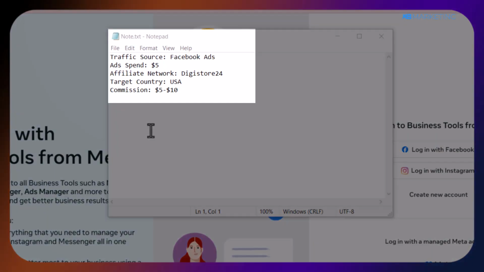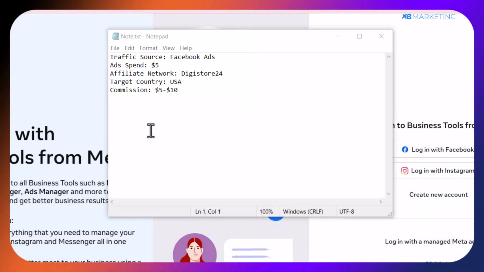As you can see right here, the traffic source I'm going to be using is Facebook, and like I said, I'm going to be spending $5 a day for the next 4 days, which makes a total of $20. And then I'm going to be using Digistore24 as the affiliate network to promote products with these Facebook ads. Okay, and as you can see, my target country is United States, and the commission I'm going to be getting is between $5 to $10 because I'm not spending so much on ads. So it only makes sense for me to select a product that is going to give me a reasonable payout